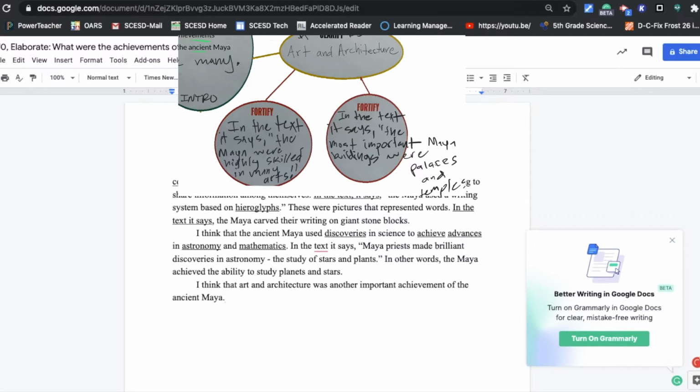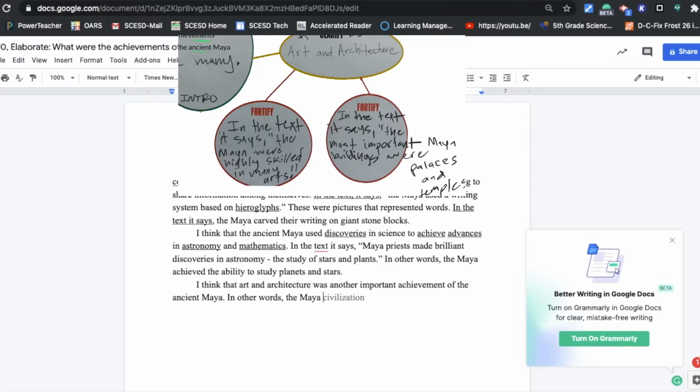It's pretty easy. We just are saying what we've already said, right? The achievements of the ancient Maya were many. Here's one of the many, okay? And it was important. Let's go ahead and continue here with another clarification. In other words,